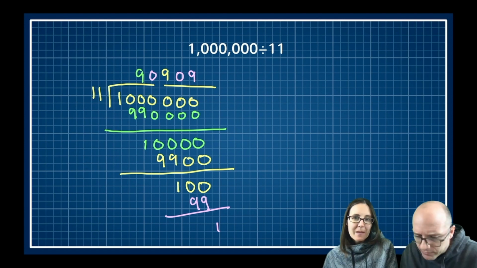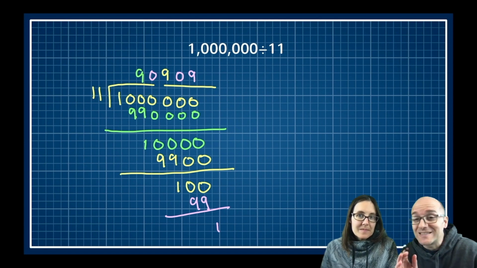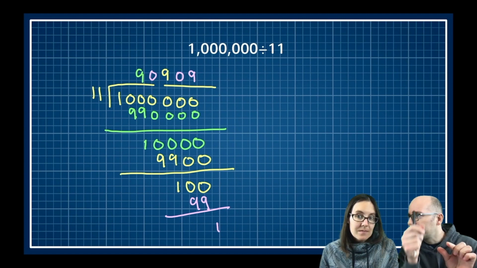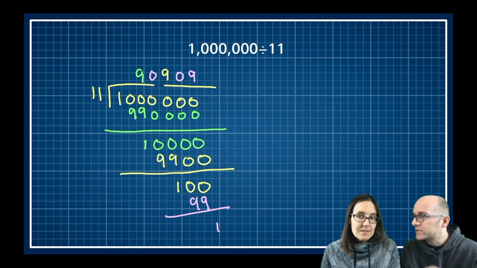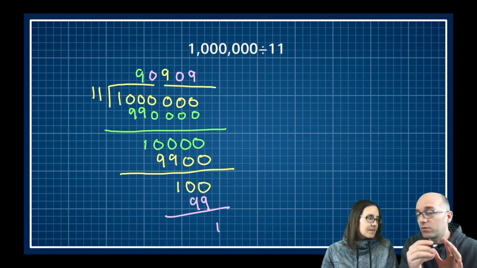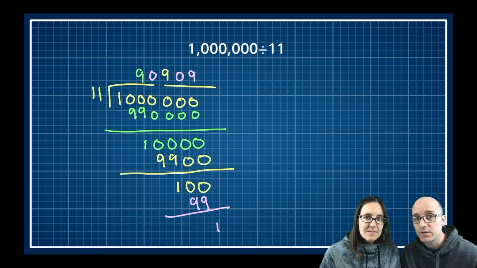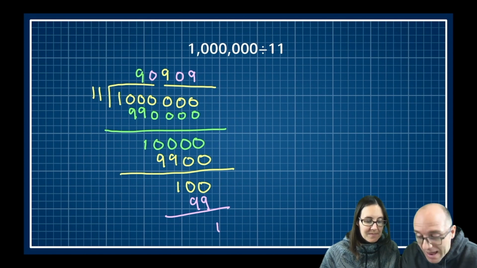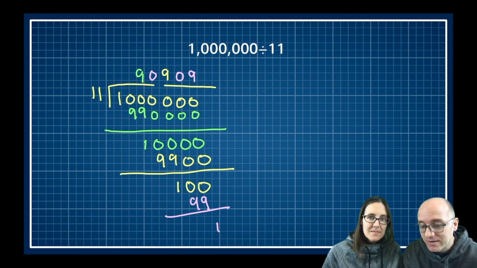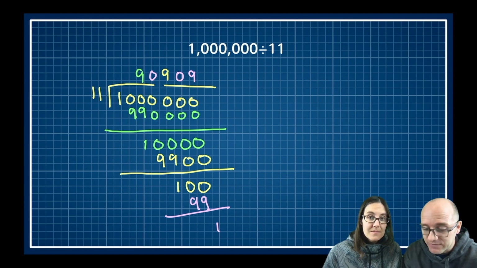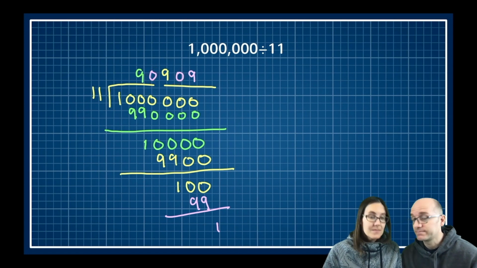So we should definitely remark on these zeros showing up. That's one reason people like to bring down 1 digit at a time, because then it goes in 0 times, and they would remember to write the 0 up top. But if you're always lining up your digits correctly and carefully, then this way that we're doing it works just fine. But you cannot forget those zeros. If I had to name the most common mistake in these division problems, I would say it's forgetting zeros.